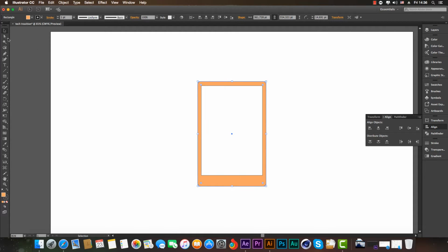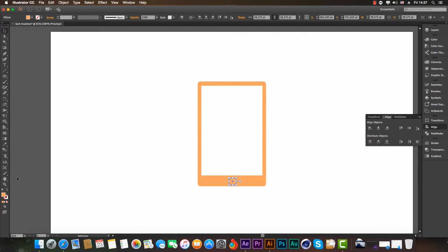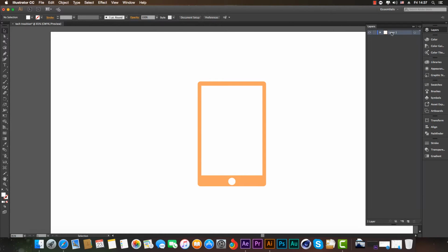Make the edges of this phone rounded. Okay, select this screen and box, and we don't need the stroke here. Now let's take the ellipse tool, press Shift to draw a perfect circle. Change the color to white. Make it in center. Okay, very nice. Let's call this layer